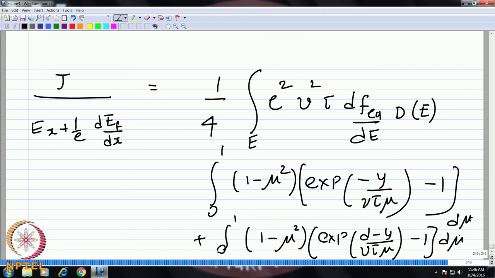So, this pi cancels because our integral cos square phi d phi is pi. So, there is 1 by 4 pi and that pi cancels off,